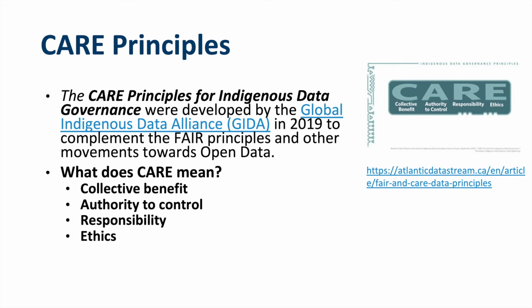And so the CARE principles focus on things like who is benefiting from the data, should it be open? Who has the authority or data sovereignty? Who's responsible? Where is the accountability in the algorithms that are written, and questions about ethics? So if you're thinking about making everything open and accessible, you should also be thinking about who is that open and accessible data impacting, and are those impacts generally positive or negative, or do you have to think a little bit more deeply about it?